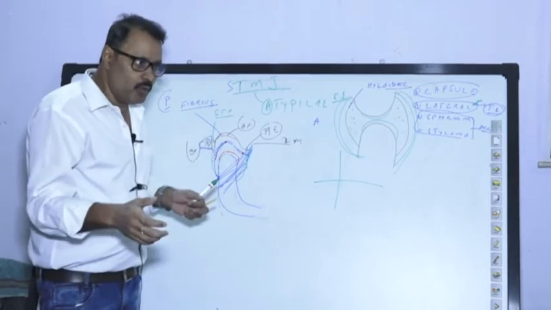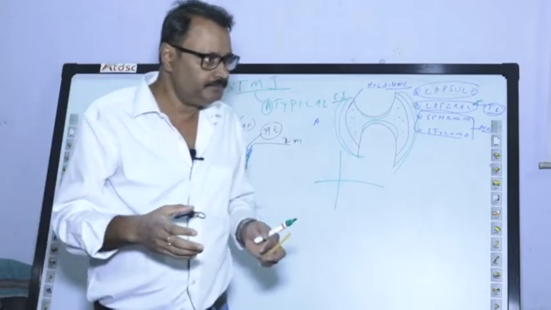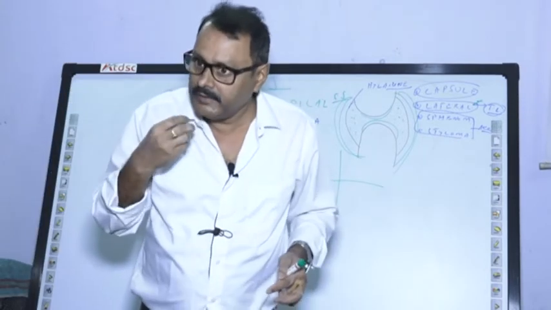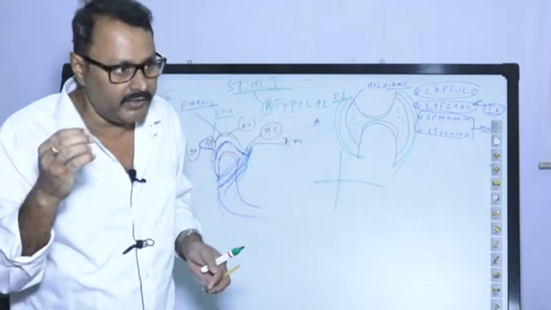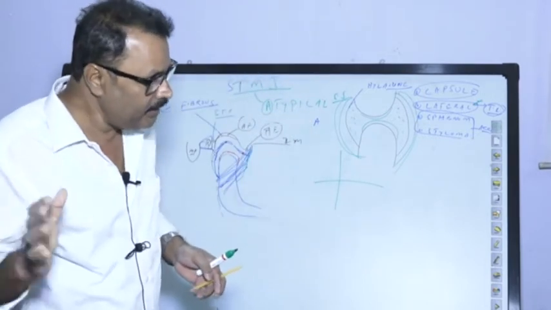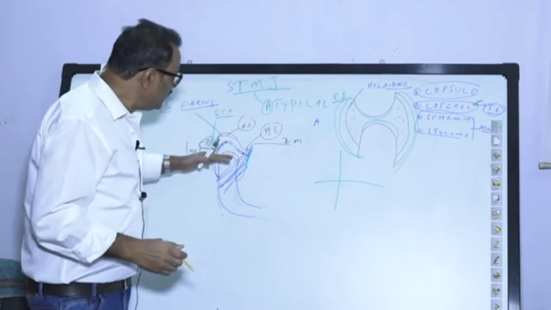So regarding the movement, we have number one is depression, then we have elevation, protraction, retraction and side to side movement. This is also known as the chewing movement. Clear? So for the depression,